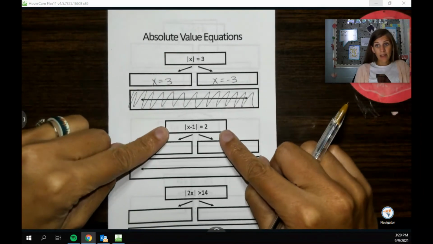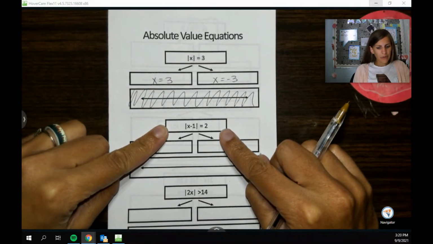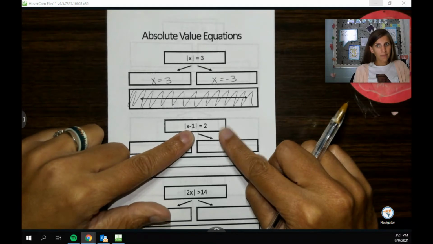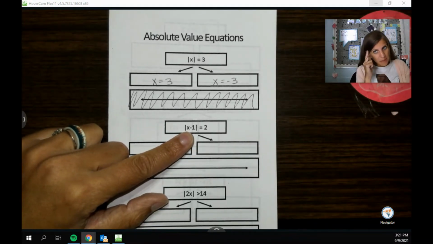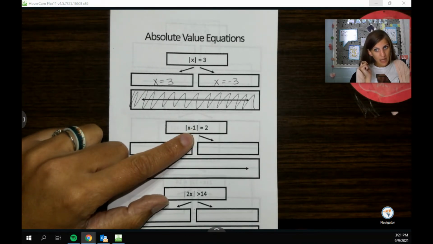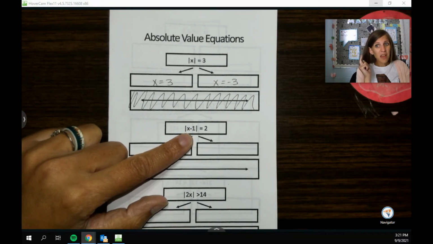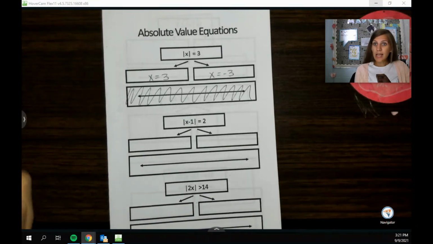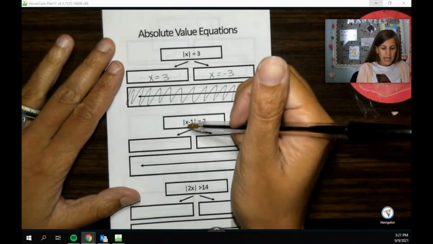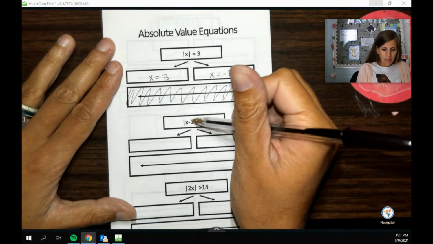Now here's one where it gets slightly harder. And so you might think to yourself, x minus 1, absolute value of that has to be 2. And maybe you can come up with a number in your head as to what x could be. But there's another answer as well that's a little bit sneakier to find. So the way that this actually happens is if I want to solve with absolute value bars, the process that I can always follow is I take whatever is in the bars